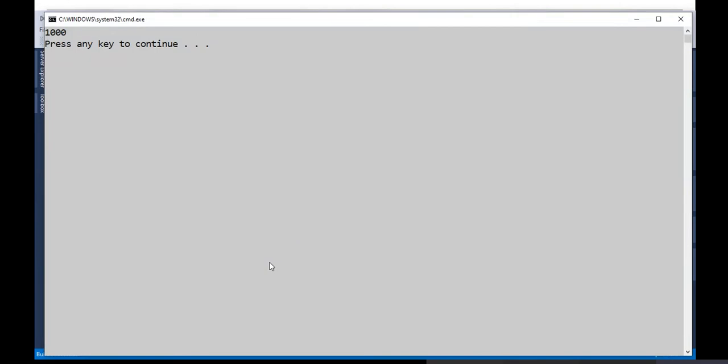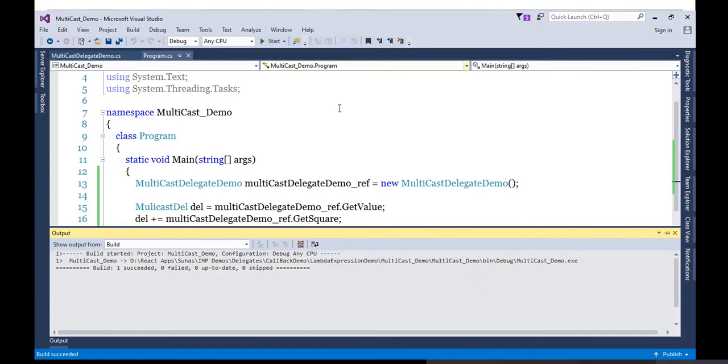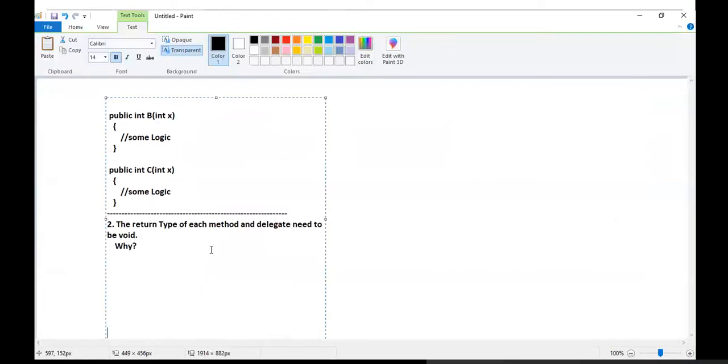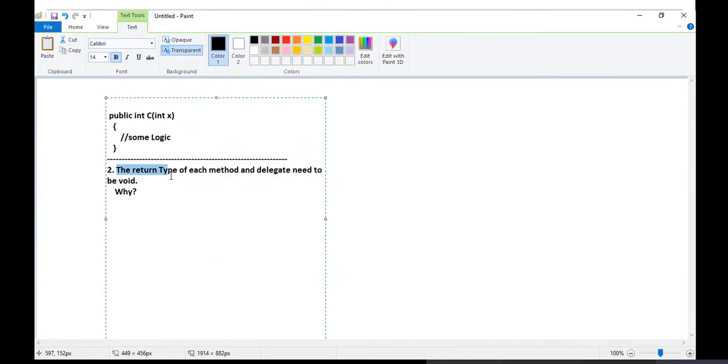See, I'm getting only one value, but in reality, how many methods did I add? Three methods. So how many results am I expecting? Three results I'm expecting. So this is the problem, and this is the answer which you can give. Okay, so the return type of each method and the delegate needs to be void. Why is it so?